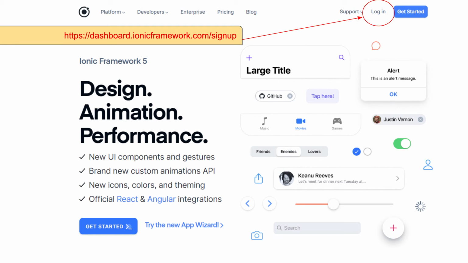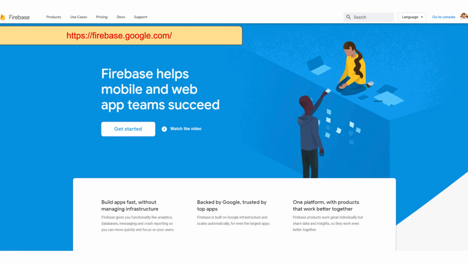Another thing that I would recommend you do very early on is to create yourself an Ionic account. This is commonly referred to as an Ionic AppFlow account. It's free to create an Ionic account and you can use any email provider. I recommend that you head to the Ionic homepage, click the sign up button and create yourself a new account.